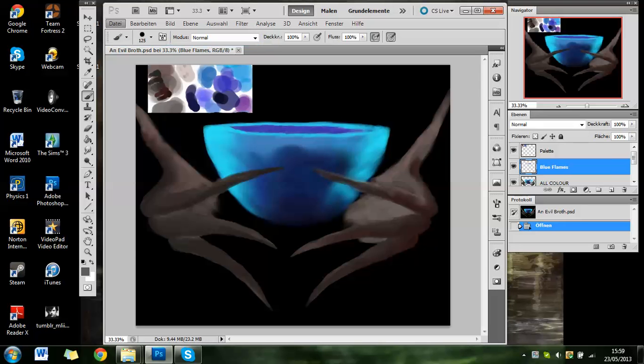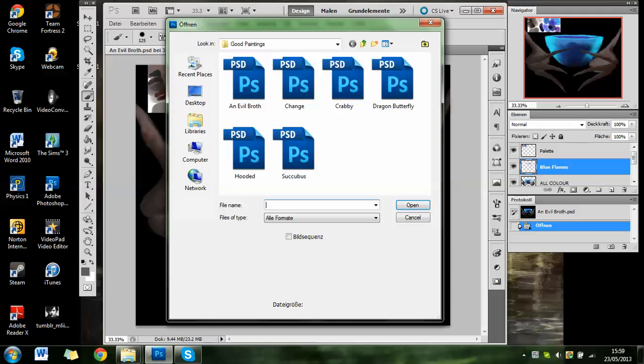I have Photoshop CS in German, because actually it's about £100 cheaper to buy it in German than it is any other way. So yeah, this is a good example of